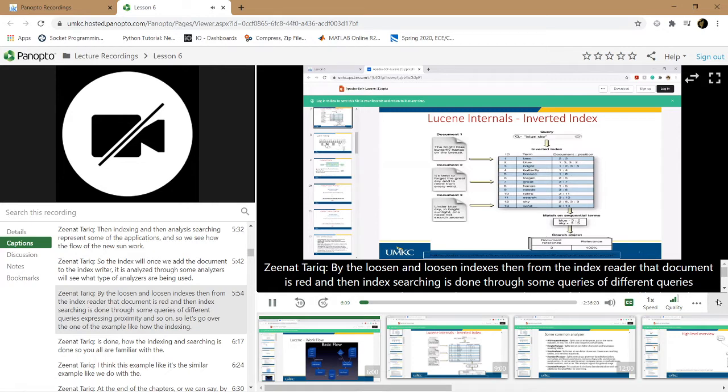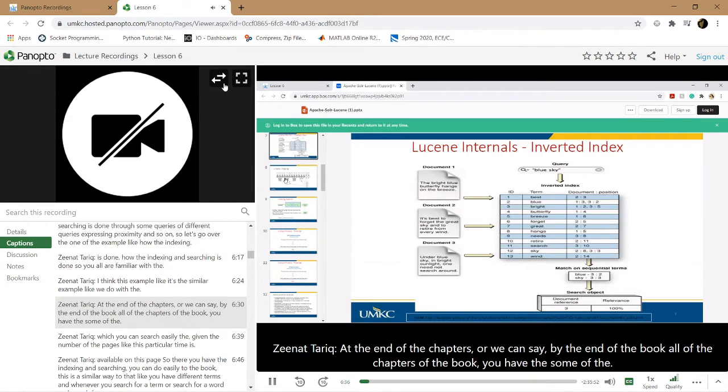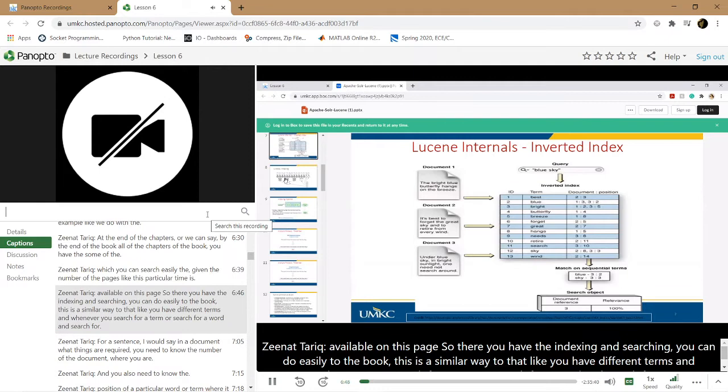You are all familiar with this example, similar to what we see by the end of a book: after all the chapters, you have some terms which you can search easily, given the page numbers, like this particular term is available on this page. So there you have the indexing and searching you can do easily through the book.